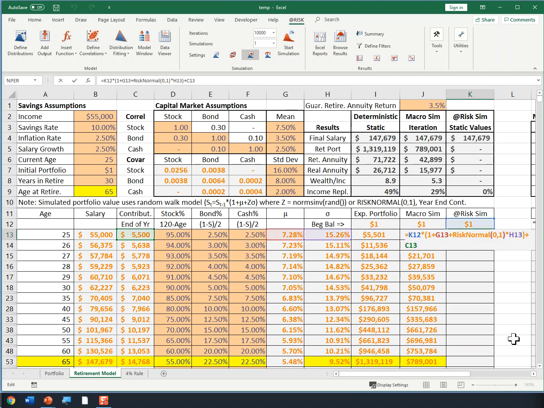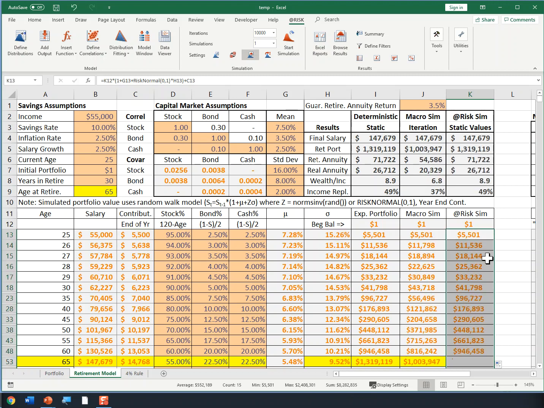Now this model, we're going to use at risk. I have at risk launched, and you'll see that my portfolio model is the prior balance times 1 plus the mean plus risk normal 0,1 times the vol plus my contribution. I'm going to copy that down. What that does, that's going to create 40 plus random numbers to simulate the 40 plus variations of the market